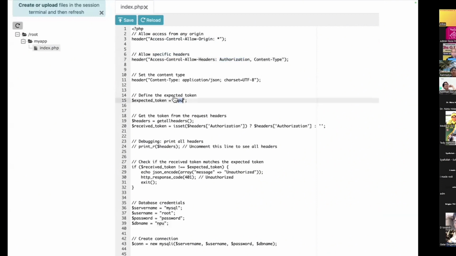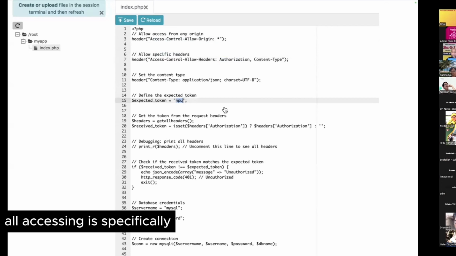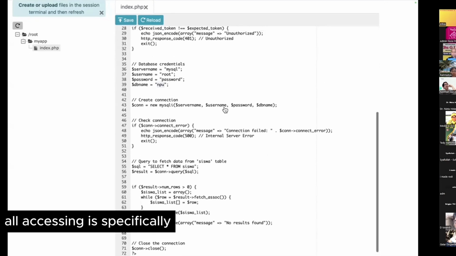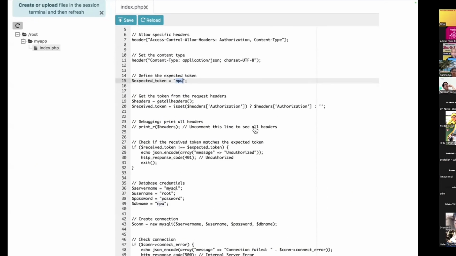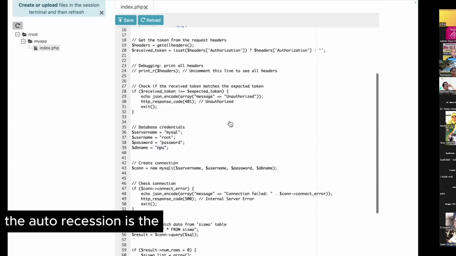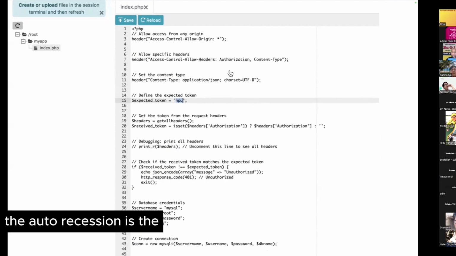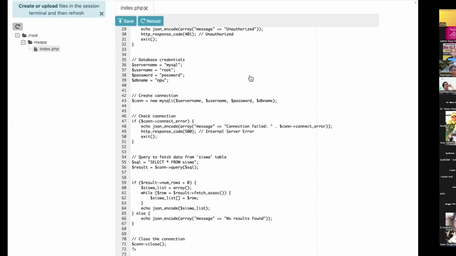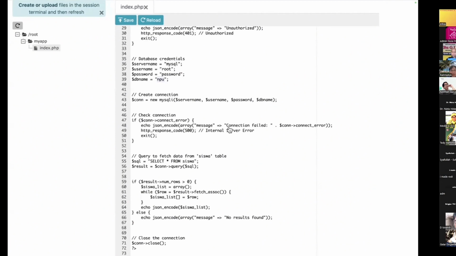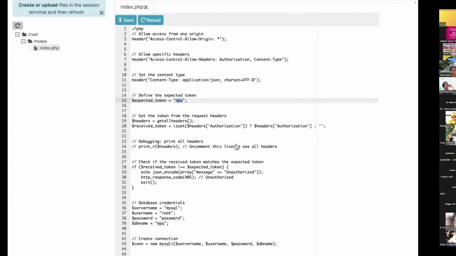This allows accessing the specific header authorization. This is the username, and the password is NPU.